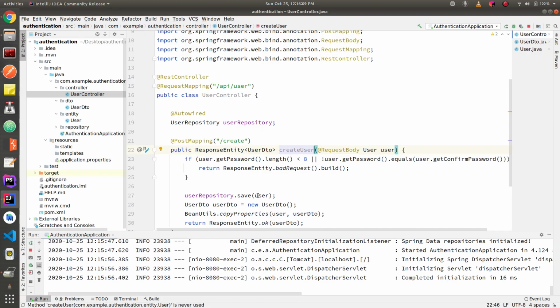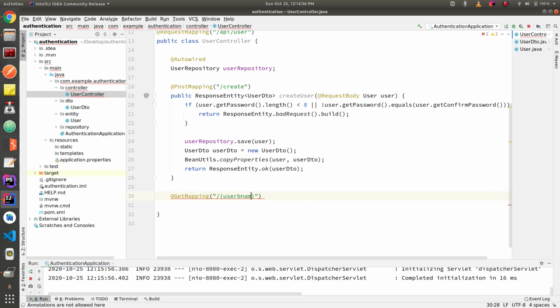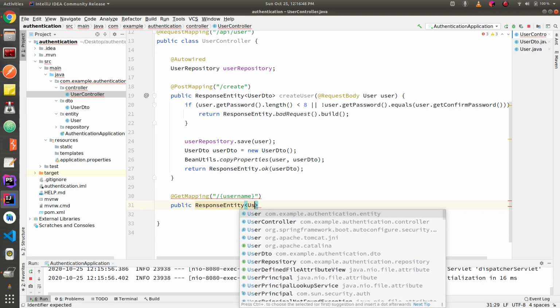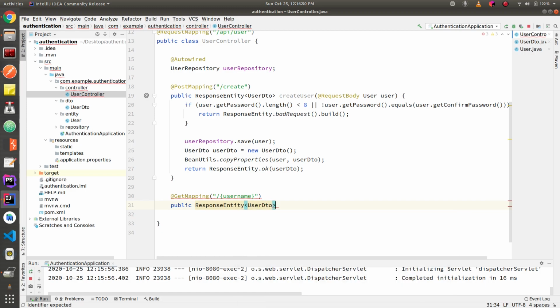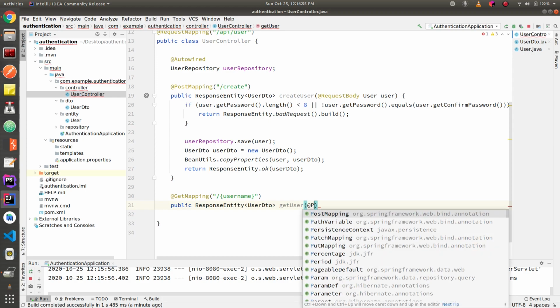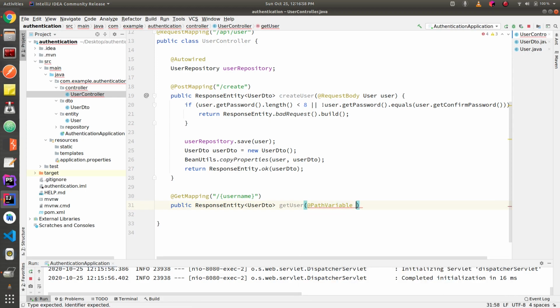Now I'm going to add one more method, and this method is going to be getUser, which will be used to get the user details by his username. So I'm using the same return type as before, but in this case we are going to use the PathVariable annotation instead of RequestBody, because we have to fetch the username string from the URL instead of a post request.